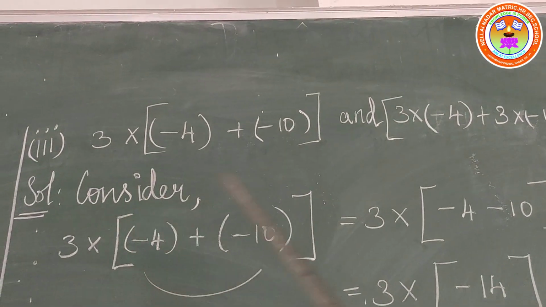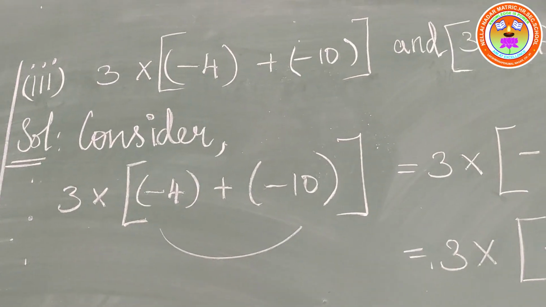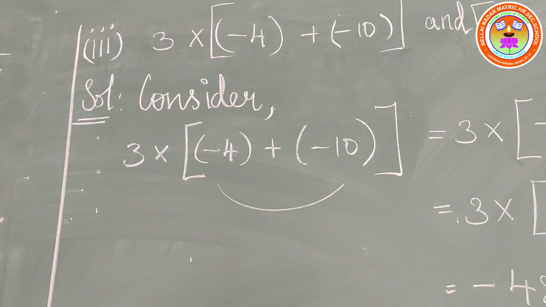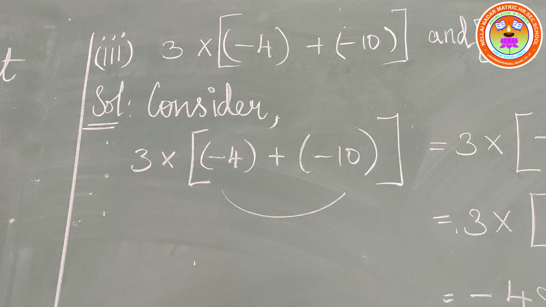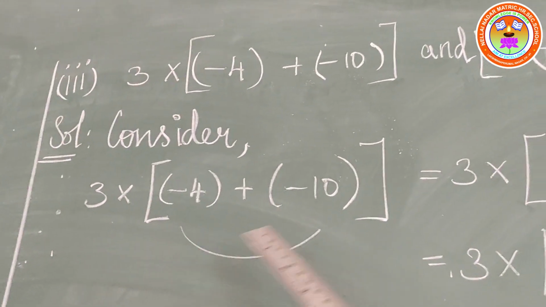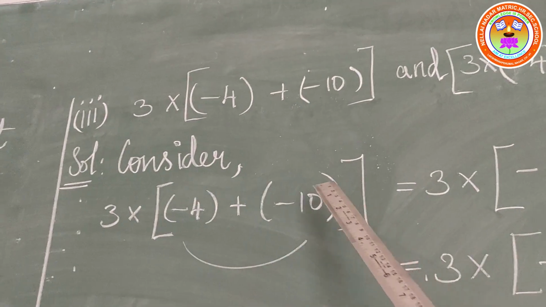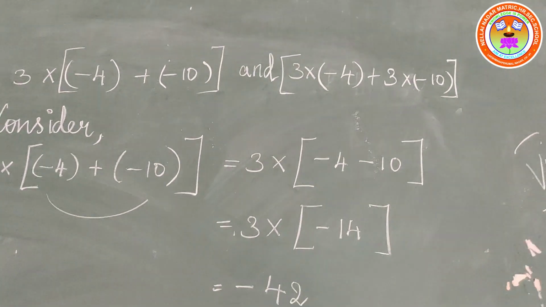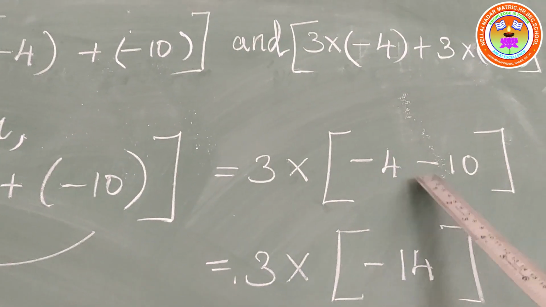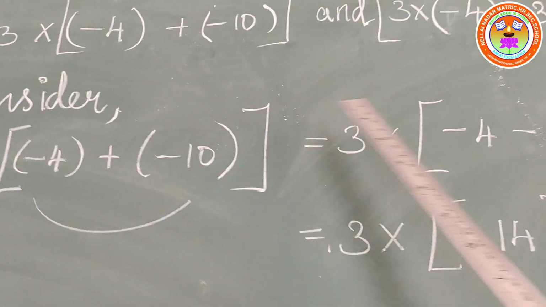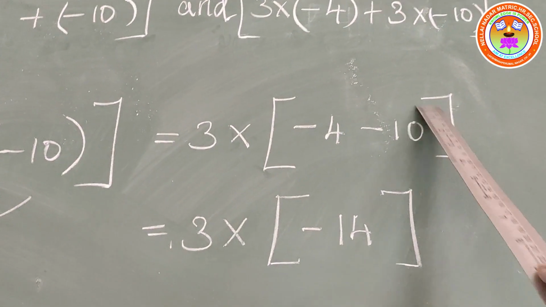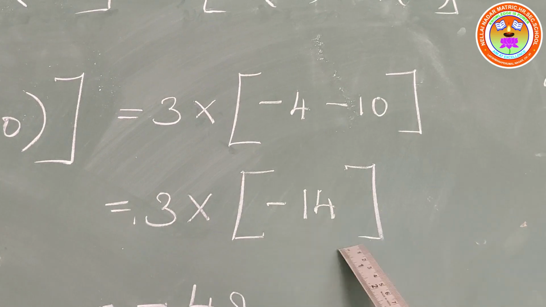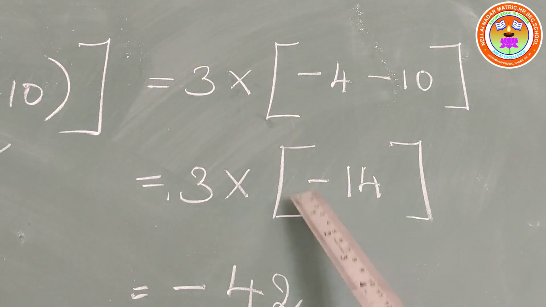So in this sum, we are going to continue the same thing. First part, we are going to take it as 3 into (minus 4 plus minus 10). The numbers inside the bracket, that is minus 4 and minus 10, I am going to add. So 3 as it is I will write, then into what is inside the bracket, minus 4 plus of minus 10. That will be written as minus 10, because plus of minus is minus. So minus 4 minus 10. What do we have to do? We have to add the numbers and put the negative symbol. So 4 plus 10 is what? 14. With the negative symbol, minus 14.